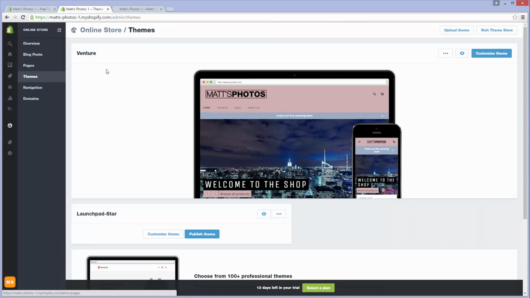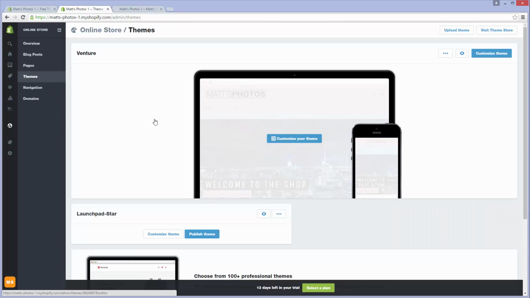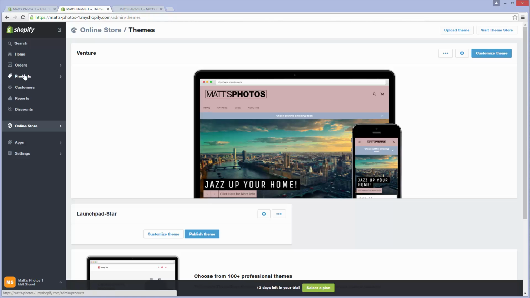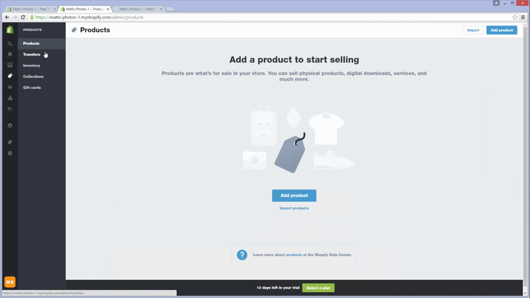It's going to take us to the main CMS area that we were in before. Using this toolbar over here on the left is kind of cool. If you hover over this left part, it's going to open up the main toolbar, and then if you click on any of these, it'll open up the sub one. So if we just click on products and click on products here, we can go in and start actually adding